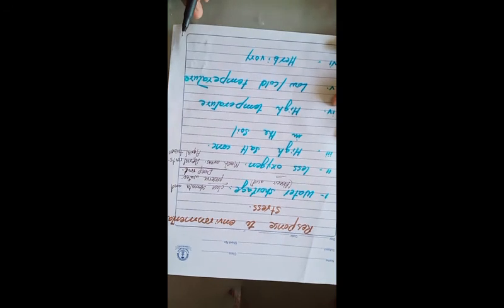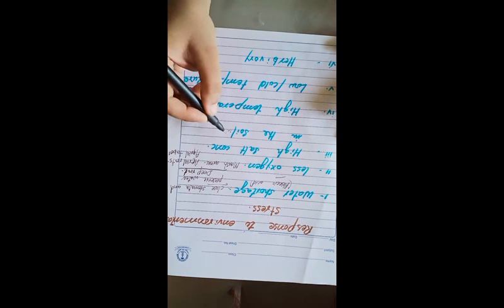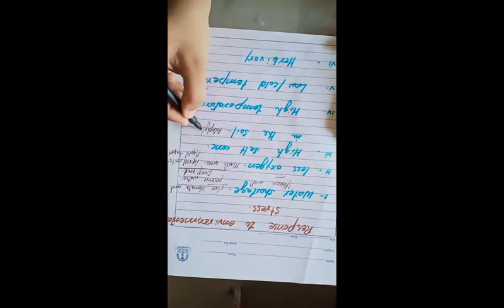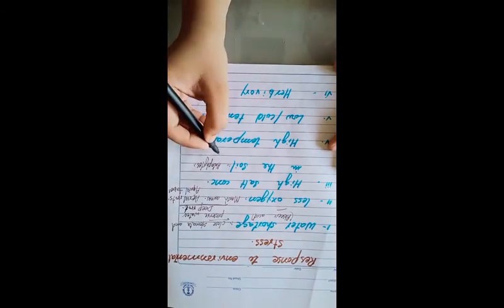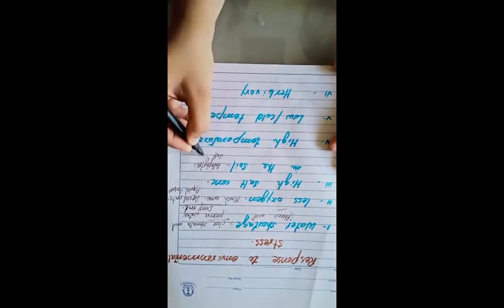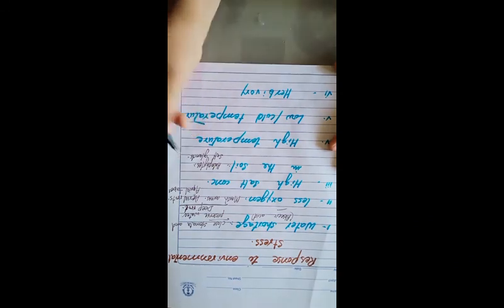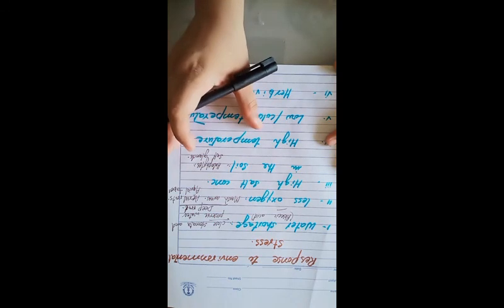Okay. Now high salt concentration in the soil. Normal plants can't survive in the high salt concentration in the soil, but there are halophytes, special plants which can survive in such conditions. Halophytes are those plants which can survive in the high salt concentration in the soil. These plants have salt glands on their body which expel out extra salt and absorb only water. And high temperature.